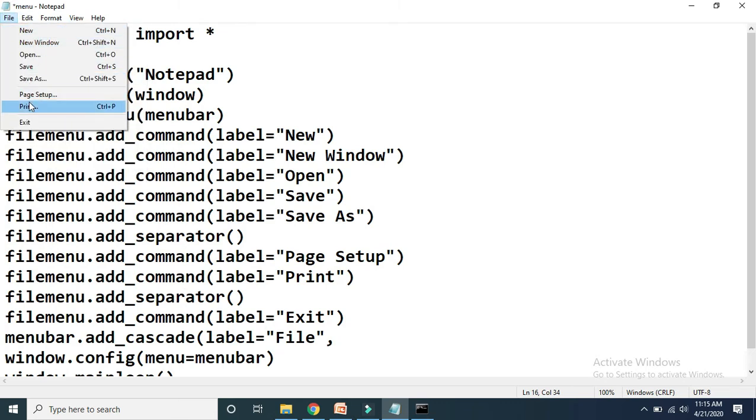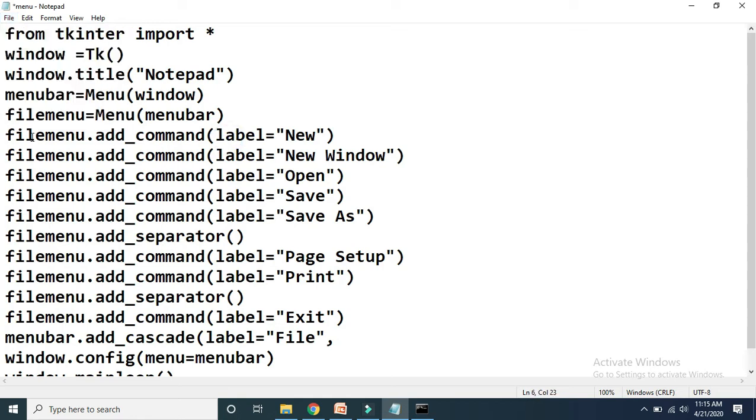And these options we have attached to which object? This new window, open, save, save as. These options we have attached to the file menu object. So that file menu object must get linked with this file. For that, here we have to use one more attribute, that is menu, and for menu we have to assign the value file menu.